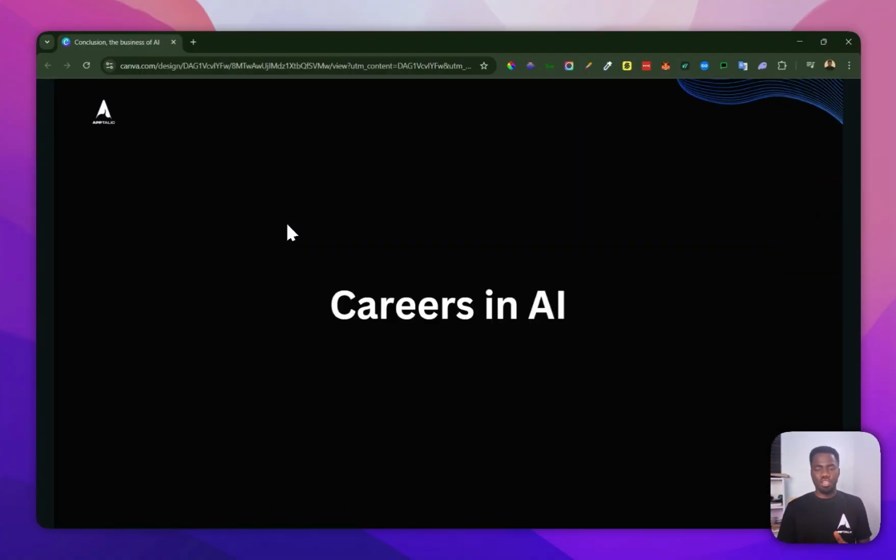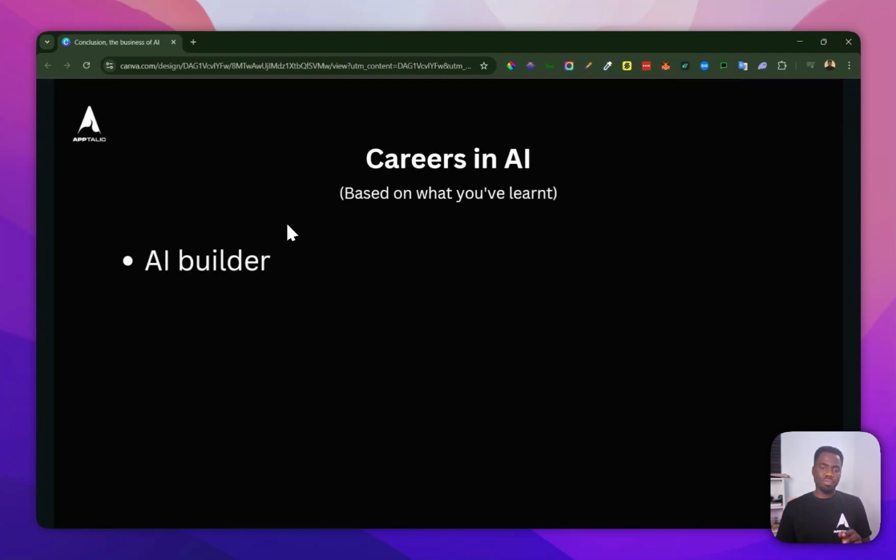First, we're going to be discussing careers in AI, particularly careers based on what you have just studied. If you search on the internet looking for AI developers or AI agent builders, you're going to see a whole lot of them. But for those particularly concerned with what you have learned in this course, you can choose to be an AI builder. What does that mean? Let's take a step